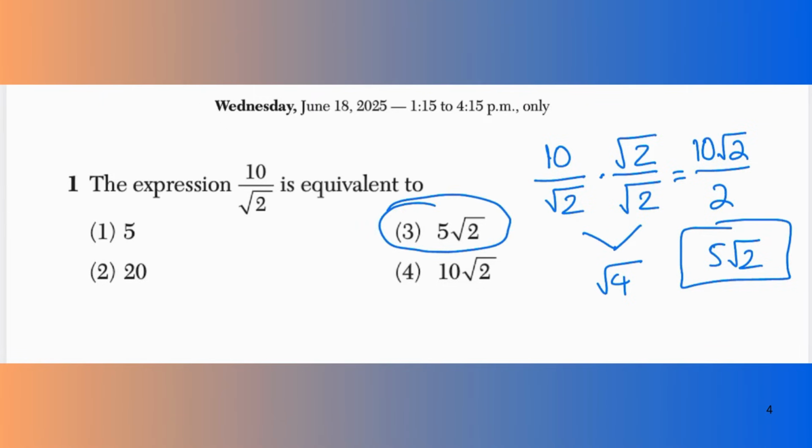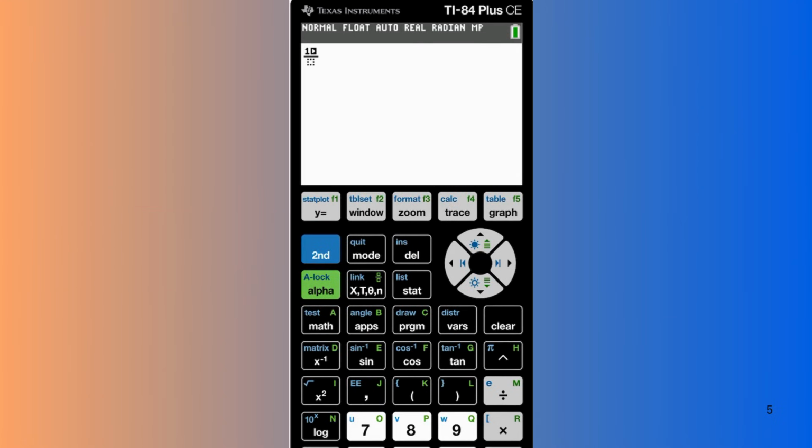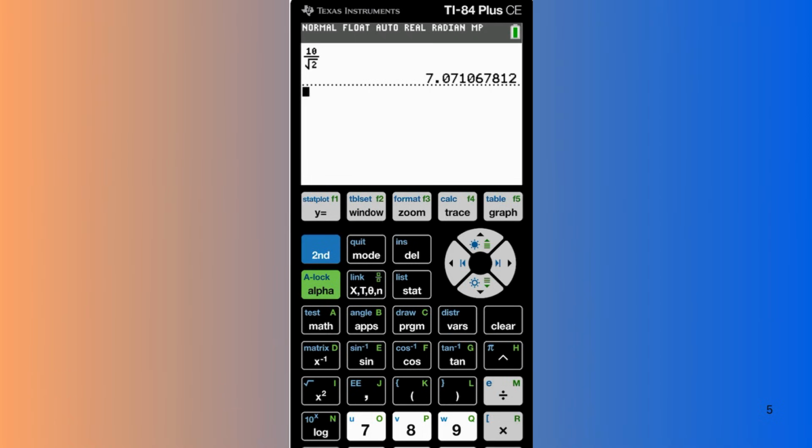Because this was a multiple choice question, you can just go in your calculator, find the value of 10 divided by radical 2, and make sure that it's the same value as 5 times radical 2. So if I hit alpha y equals enter to get me a blank fraction, I'm going to go ahead and put in 10 divided by square root of 2, hit enter, and there's the value, approximately 7.07. And now I'll do the same thing with the answer choice I picked, 5 times the square root of 2, hit enter, and there you see that those two expressions give you equivalent values,